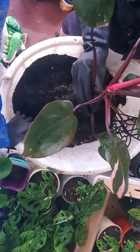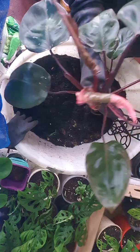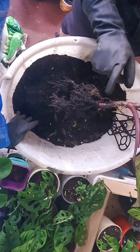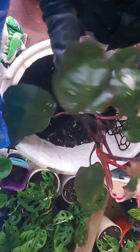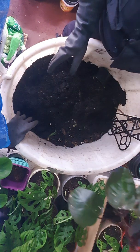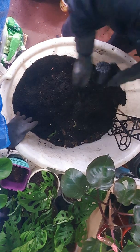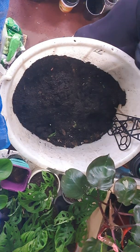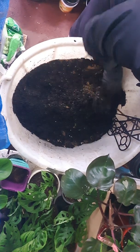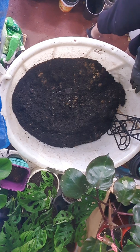Also, I'm a little bit concerned with my leaf, that when it's coming out, it's got a hole in there, and I think it got stuck on the pole that I temporarily put in. I was going to cut it out so to grow more plants, but I think I might just leave it for now because I'm a little bit scared now because I've killed my Monstera Borsigiana albo today, which I'm really disappointed. I planted it 4 days ago, and the reason being I need to be careful, obviously, is because